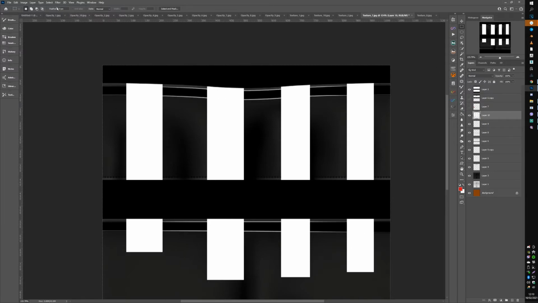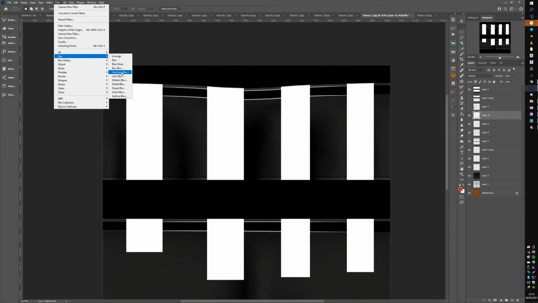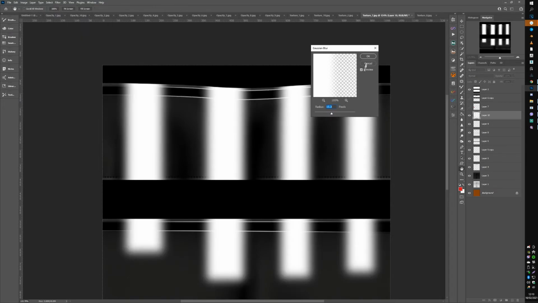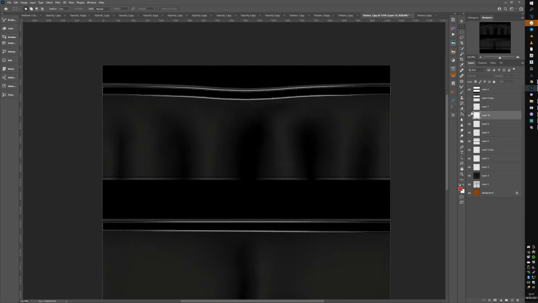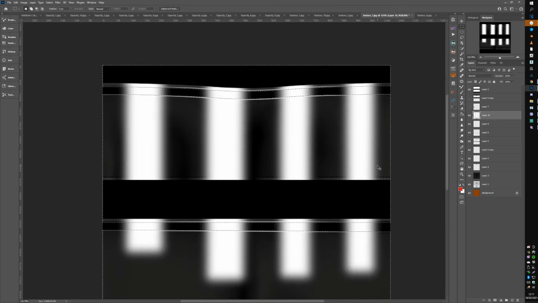Now first just blur this a bit. Now that much is okay. Control and hold click the thumbnail and contract with 5 pixels. Invert the selection and delete the other part. Reduce the opacity down. Maybe